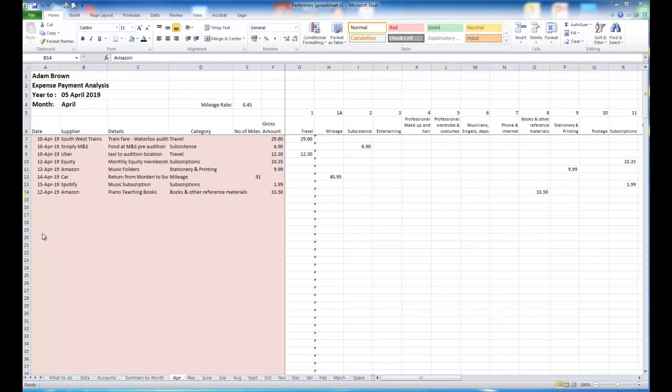Okay, so I've put in a few more items so you can see it's a bit more populated. One thing to say about mileage: I put in 91 miles. The formula in here looks at whether there's anything in this column, and it obviously refers to mileage, 91 miles, and puts in £40.95. What I couldn't work out is how to backfill it into the gross amount here, so I just need to type in £40.95. But I wouldn't worry about that,